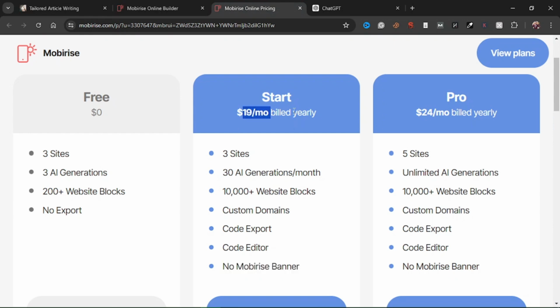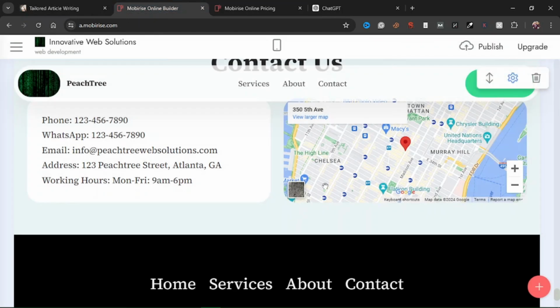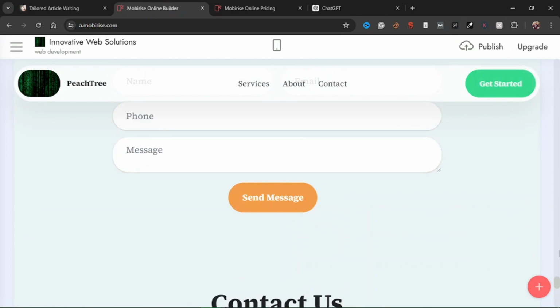$19 per month billed yearly. I don't know, is it cheaper, or can you afford it? Is it something that you feel is way easier to do or to have than hiring a web developer? It's up to you. But I feel I should let you know about this tool,